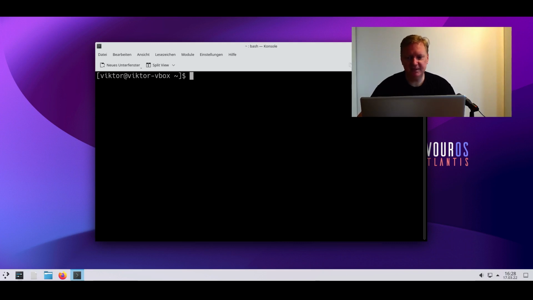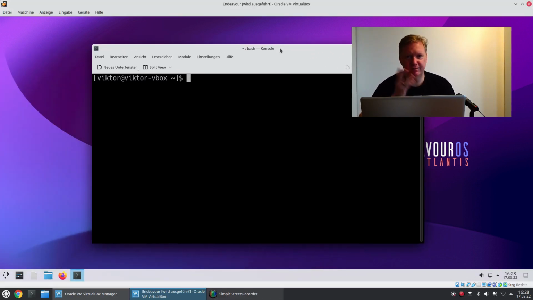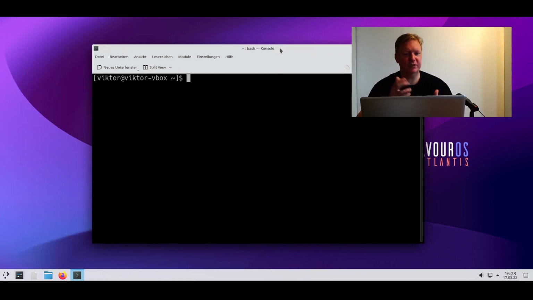So I have prepared this operating system here. This is an Endeavour OS running inside a virtual machine because I don't want to mess with my actual hardware right now. But yeah, the steps are pretty much the same. So yeah, before we start,